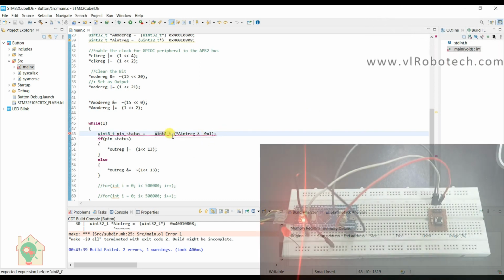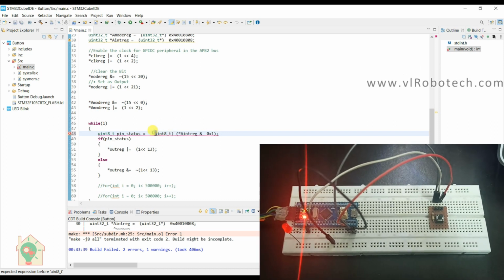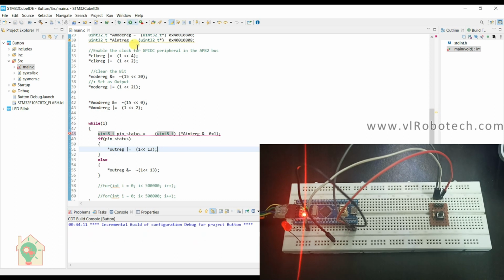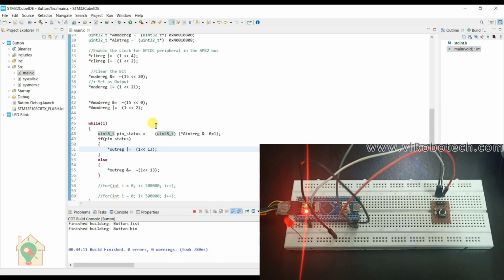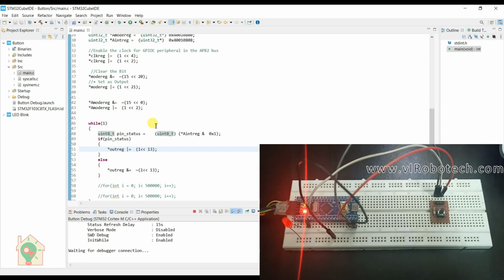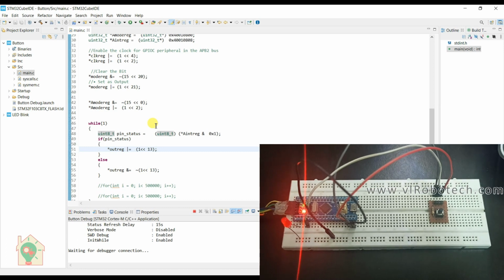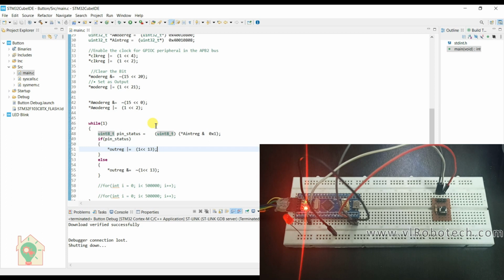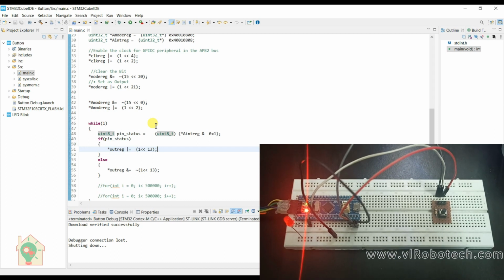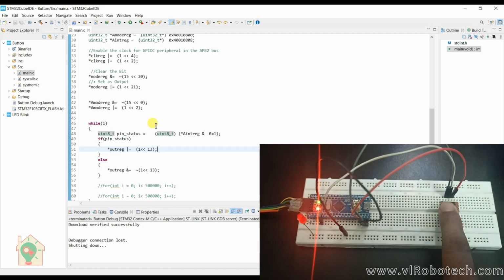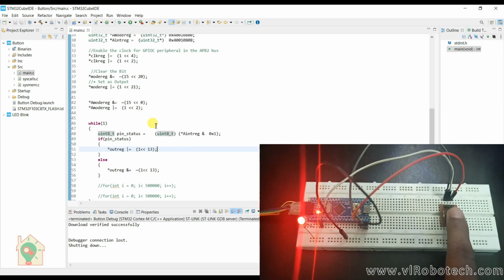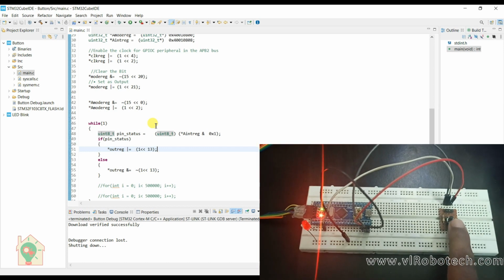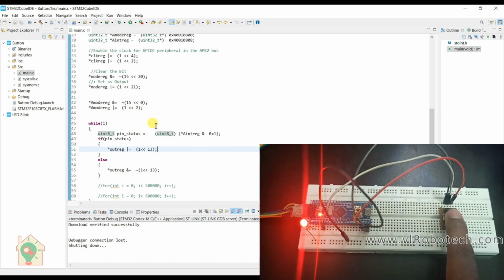Okay, it will be in brackets. Now run the code again. Okay, code has been uploaded. Now I will press the button. Wow, the LED is glowing. If I press the button, the LED is glowing, and if I release the button, the LED is turned off.